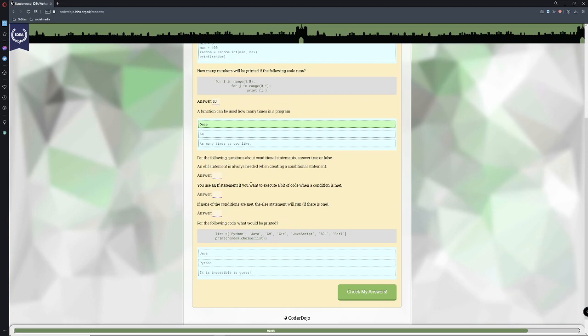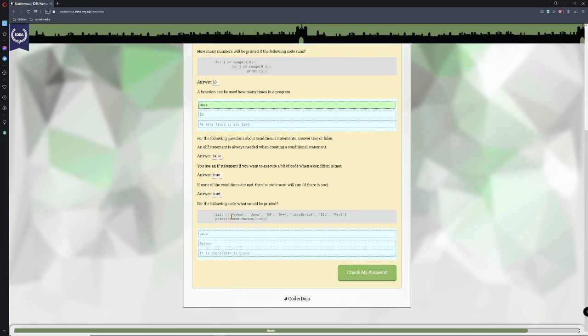The following questions about conditional statements, answer true or false. An elif statement is always needed when creating a conditional statement. False. And the answer is true. If none of the conditions are met, the else statement will run. The following code, what would be printed?